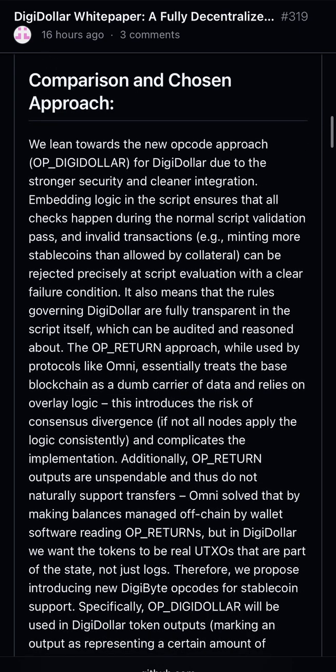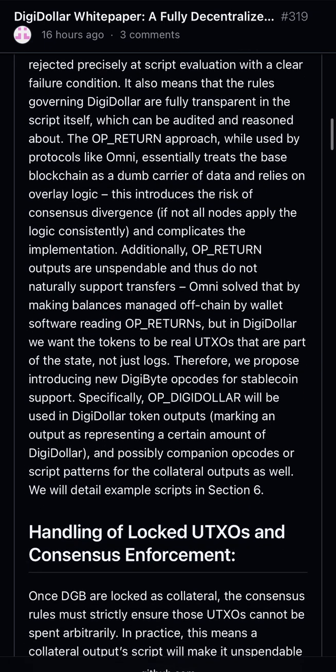Comparison and chosen approach. We lean towards the new opcode approach, OP_DIGIDOLLAR, for DigiDollar due to the stronger security and cleaner integration. Embedding logic in the script ensures that all checks happen during the normal script validation pass, and invalid transactions, e.g., minting more stablecoins than allowed by collateral, can be rejected precisely at script evaluation with a clear failure condition. It also means that the rules governing DigiDollar are fully transparent in the script itself, which can be